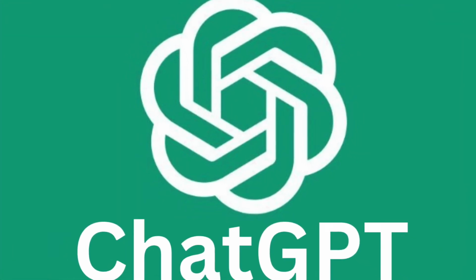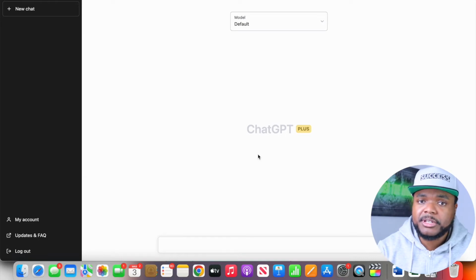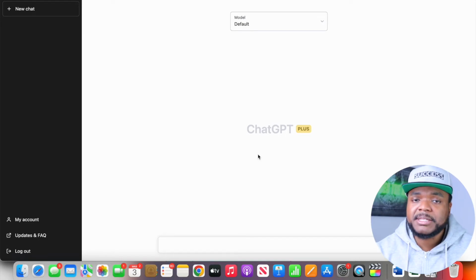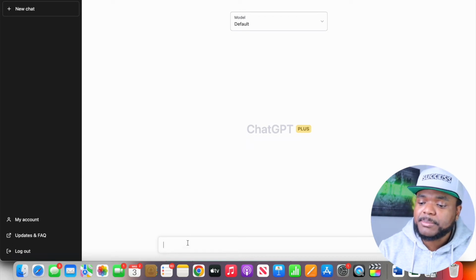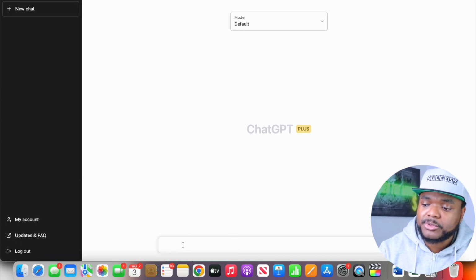And one of the first bots that I would recommend that you look into is ChatGPT. It's completely free to use. You're going to be able to sign up to it today by simply inputting your email address and verifying your phone number. And from this point, you're going to be able to ask this particular AI tool to create you